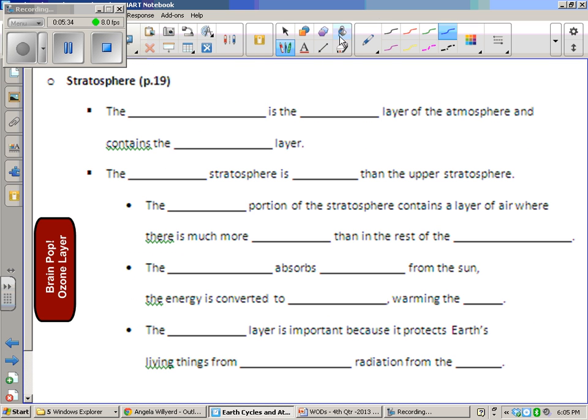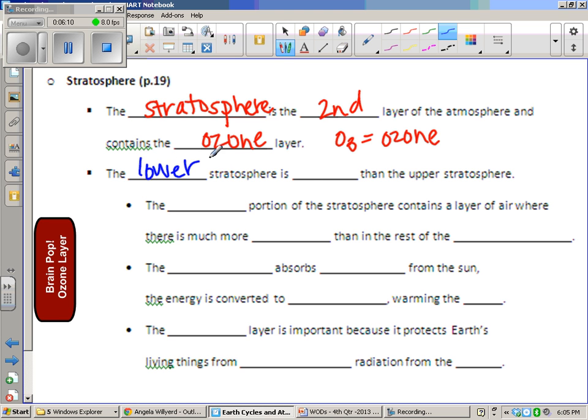The second layer is called the stratosphere. And the stratosphere is another important layer because it contains the ozone layer. And how many oxygen molecules makes up ozone? 3. Remember, O3 equals ozone. Now, the stratosphere has several different parts to it, and the lower stratosphere is cooler than the upper stratosphere